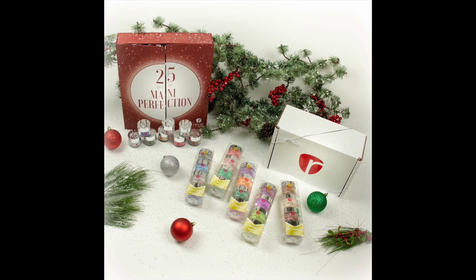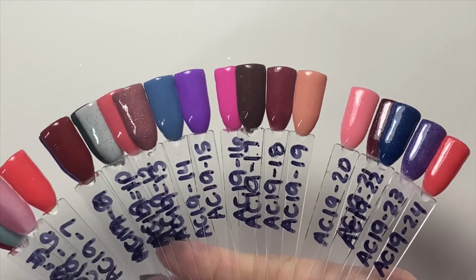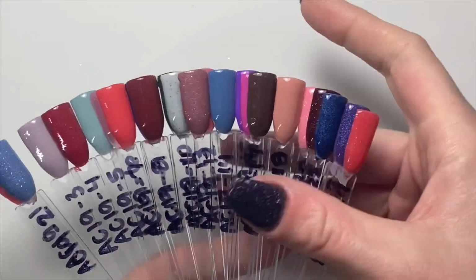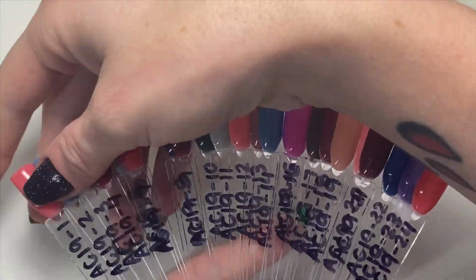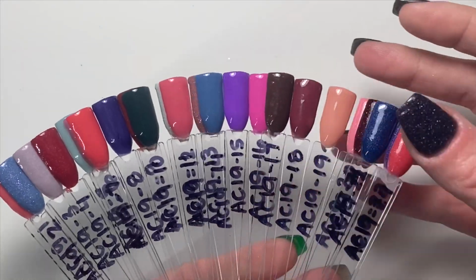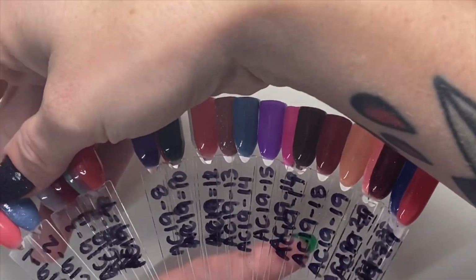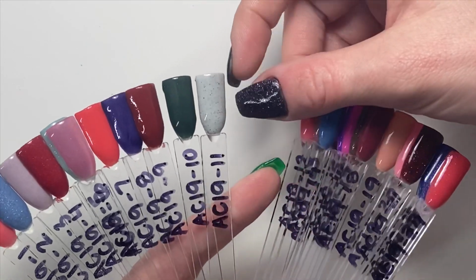I've got to hand it out to Revel Nail with their advent calendar. I really loved just the idea of the advent calendar, and knowing that I got to unbox a color for 24 days straight through the month of December. So here are all the colors in the advent calendar. It's kind of hard to get them all in the shot, and I'm not going to show you the 24 jars I have hanging out up there, but if you want to see these all unboxed, I have a YouTube video showing you these. I absolutely love the range of the colors, and while not every single color is my favorite, I absolutely love this one,